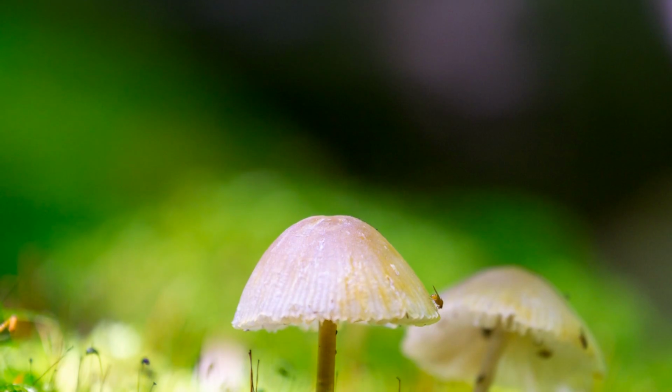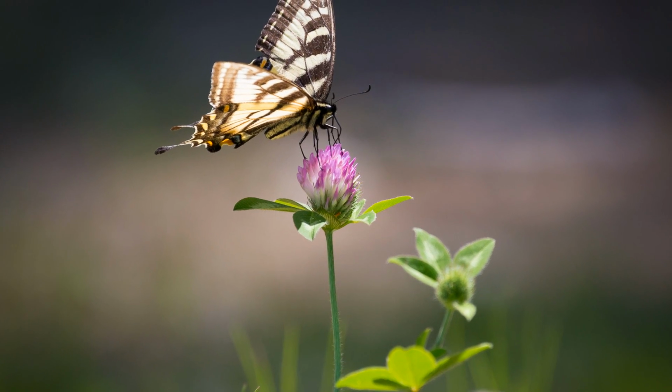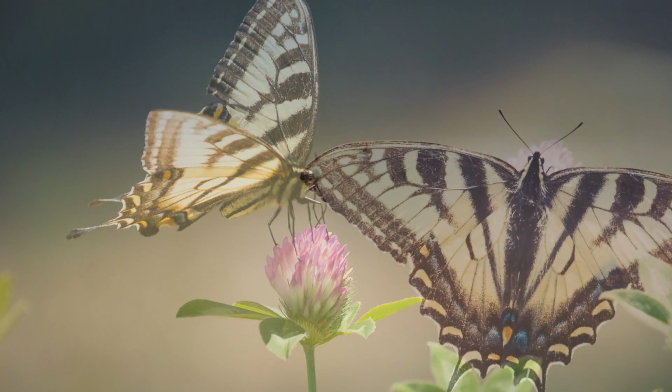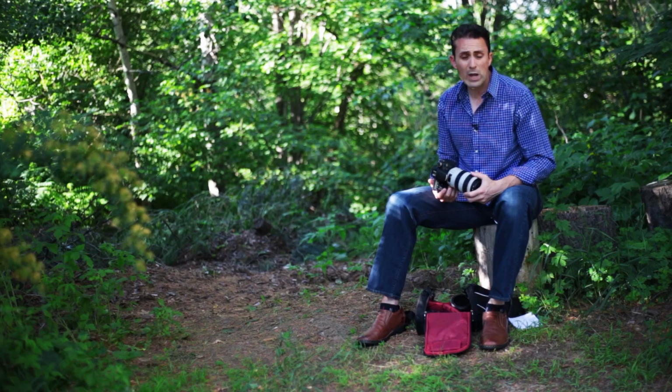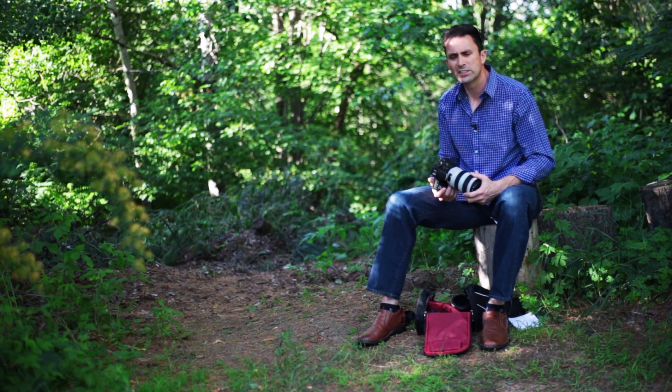I recently shot a series of swallowtail butterflies that I'll share here that people exclaimed over in that way, but I was taking it at the 300 millimeter focal length. One nice thing about that is that it resolves really well towards that minimum focus distance and that maximum focal length. One thing that you should be aware of, however, is that the maximum magnification is actually only 0.21 times,